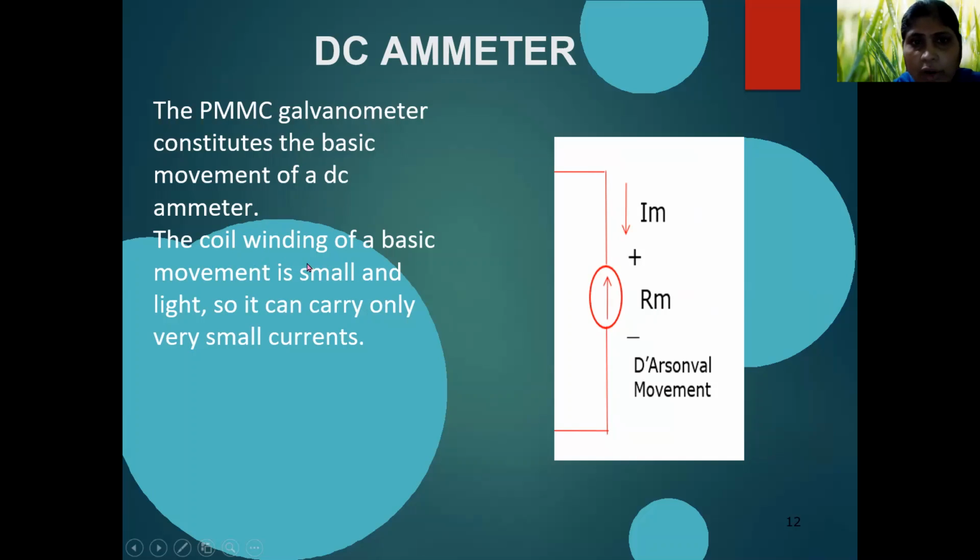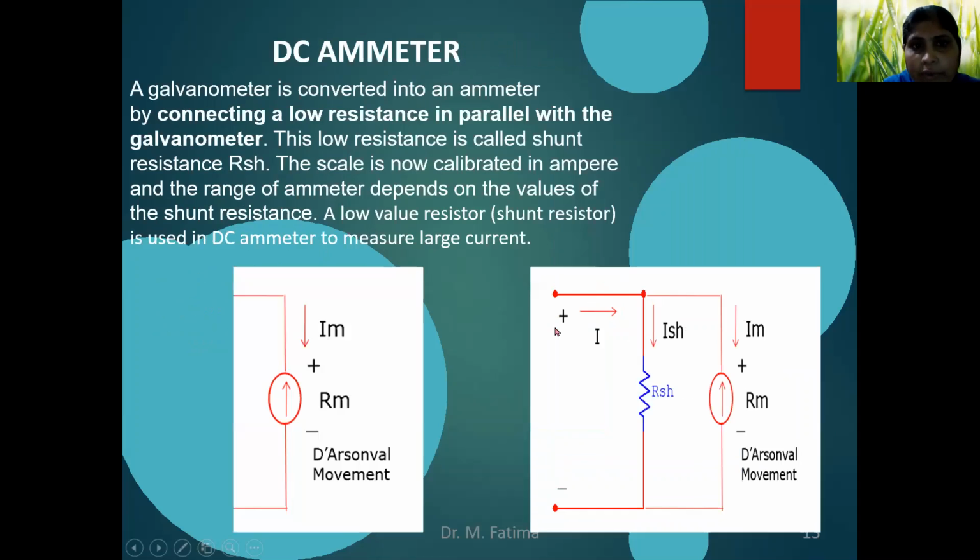The coil winding of a basic movement is very small and very light also. So it can carry only a very small amount of current. So this can show the current of approximately 50 microampere only. But if we want to measure more current, then we have to make some arrangements. So this galvanometer can be converted into an ammeter by connecting a low value of resistance in parallel with